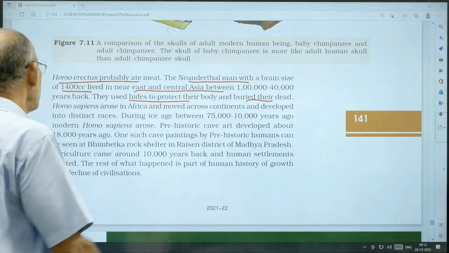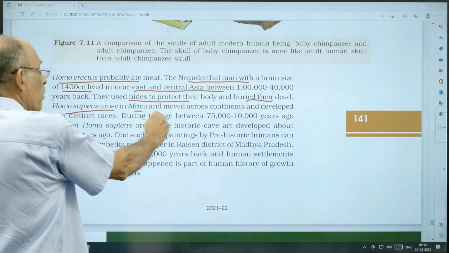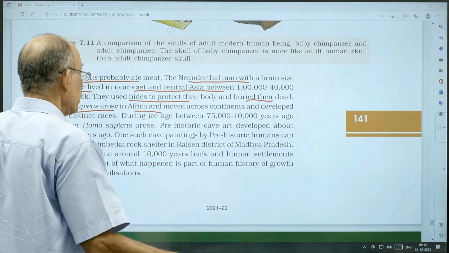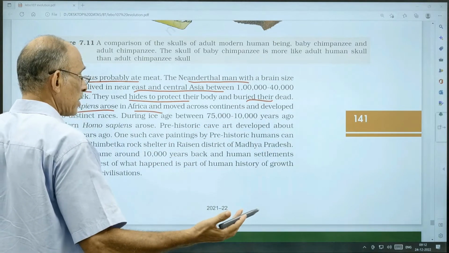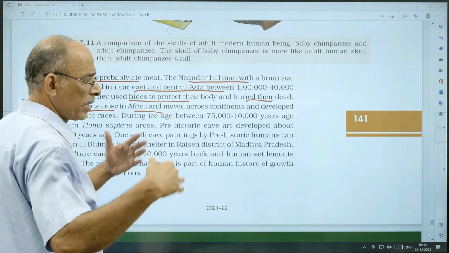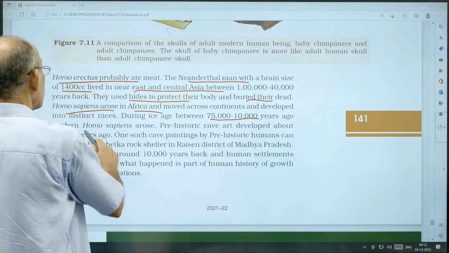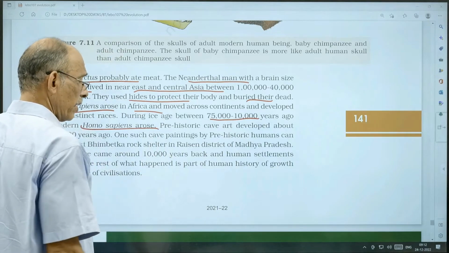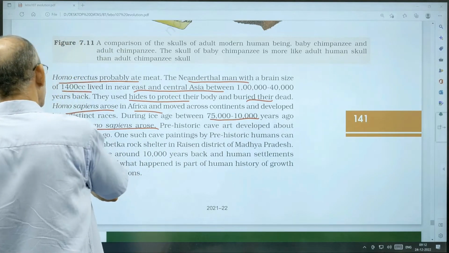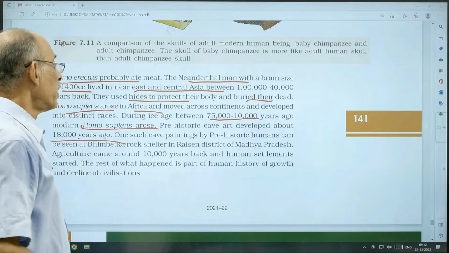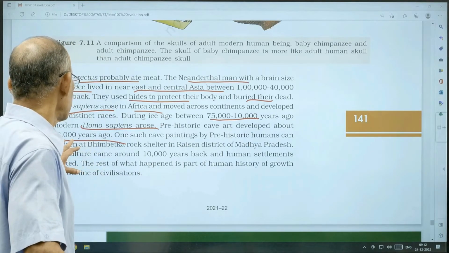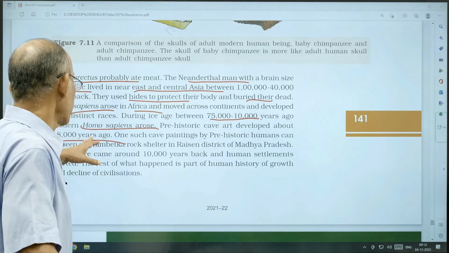Then this Homo sapiens evolved in Africa and moved to different continents and developed into different races, Caucasian race, Indian race, like that, different races. And about 75 to 10,000 years ago, modern Homo sapiens evolved. And by about then, we can see some of the cave arts, 1800 years ago,